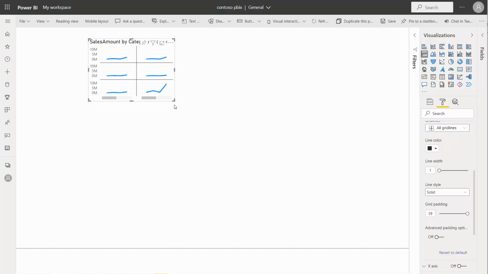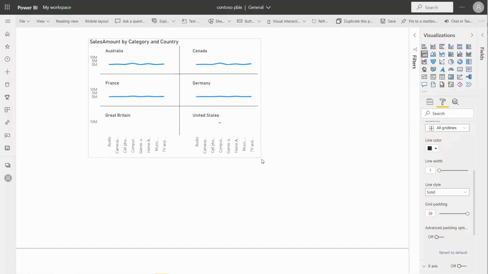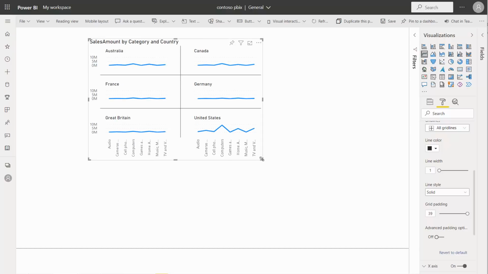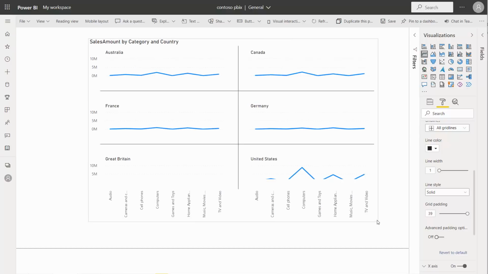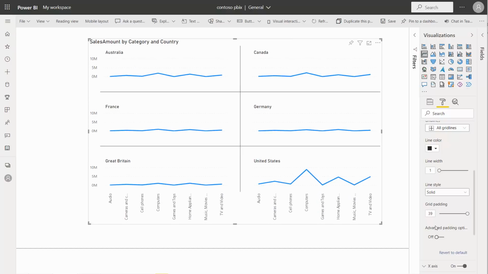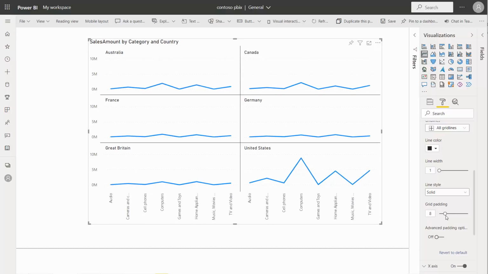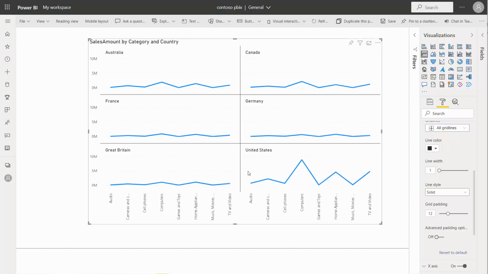Although responsiveness is on by default, the responsive behavior that you're seeing here is not going to affect the visuals that are large enough to provide a clear data visualization. So only as they get smaller is responsiveness really going to begin to affect what the grid padding shows you, whether or not you can see small multiples headers or whether or not you can see the axes themselves. So that's the first thing that we've done.